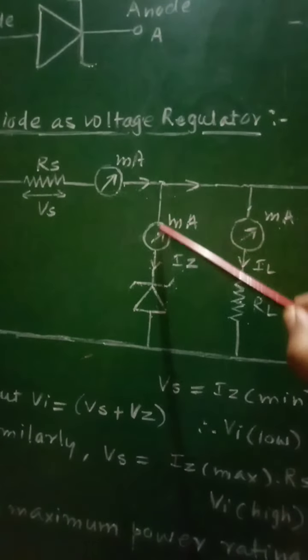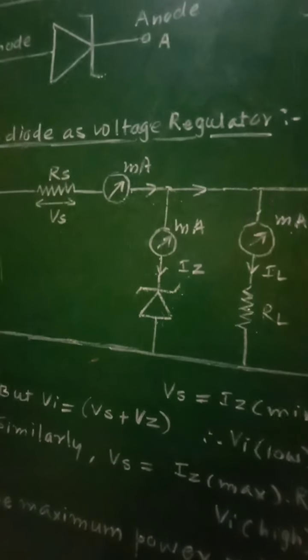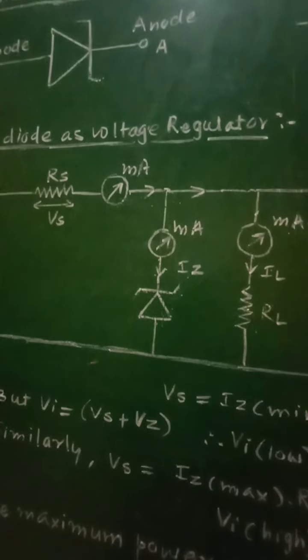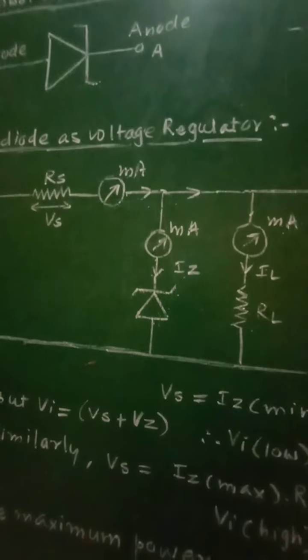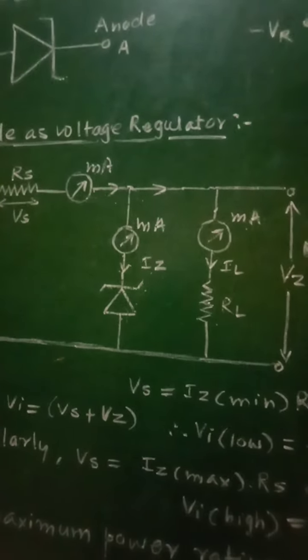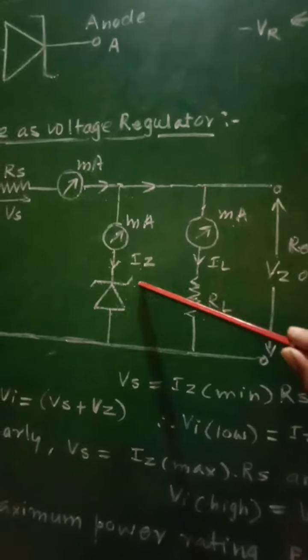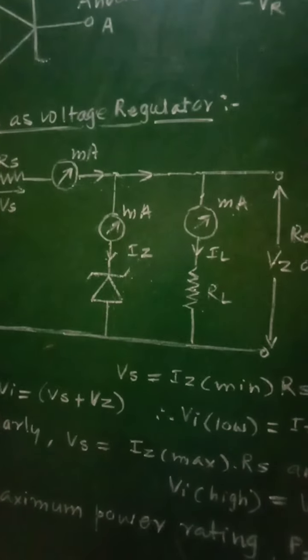At that time, maximum current will flow through the Zener diode. Now the load resistance RL will give rise to a constant voltage. Hence, the Zener voltage across this Zener diode will remain constant when there is an increase